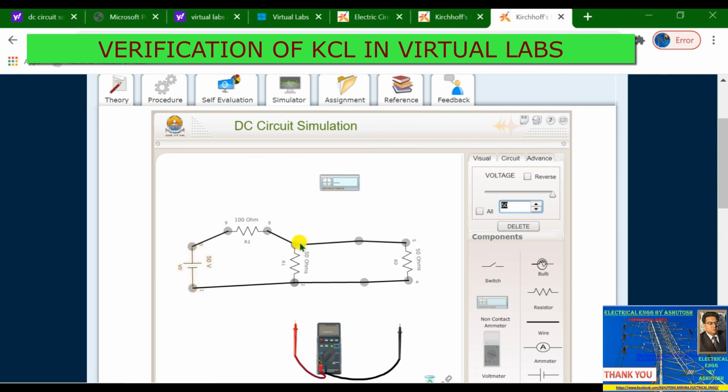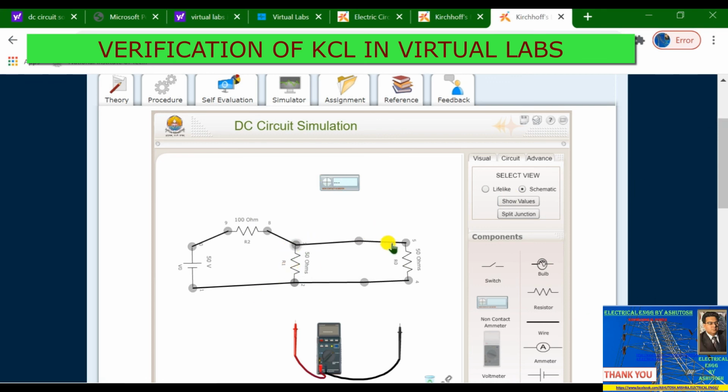Here this is the node, and the incoming current is this I, provided by the voltage source, and the current is divided into two parts from here. From this node, one current flows through this 50 ohm resistance and one current flows through this resistance, I1 plus I2. So I equals I1 plus I2 should hold, or the algebraic summation of current at the node should be equal to 0.